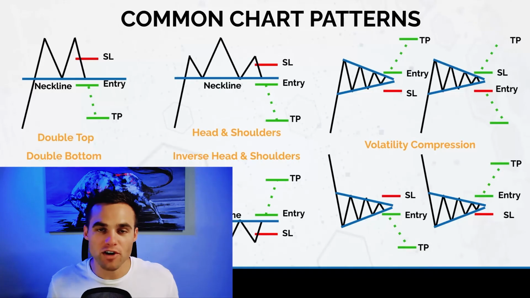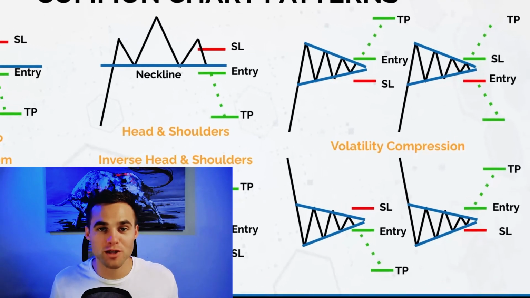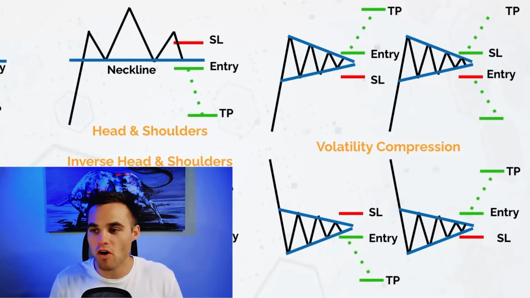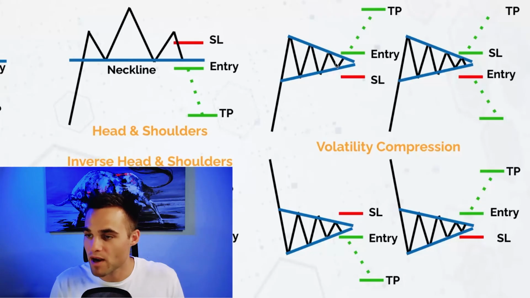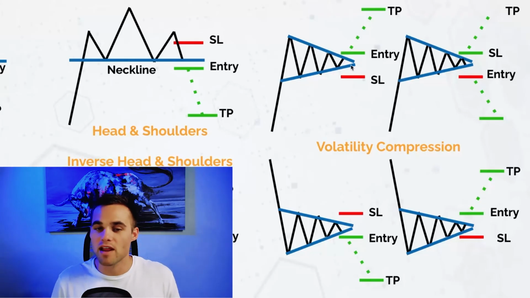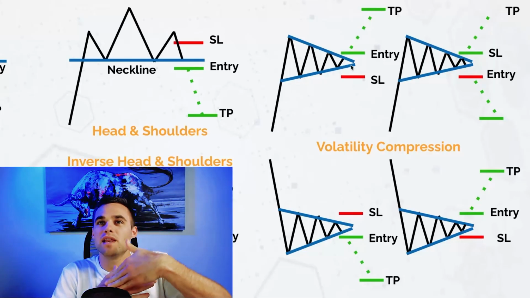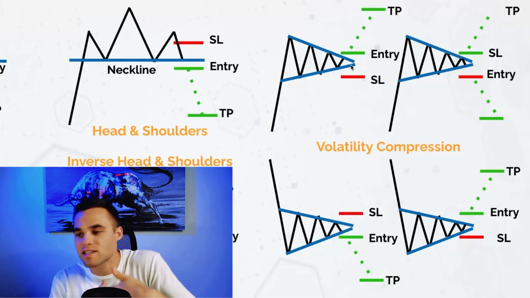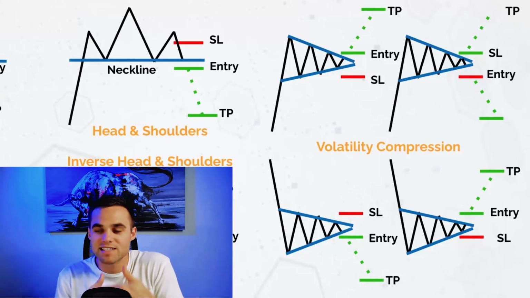Now, probably my favorite chart pattern is what's called a volatility compression pattern. Some people will call them triangles or wedges, but basically what is happening is price starts to get compressed into this compression pattern. So we can see here that price goes up, goes down, up, down, but every time it goes up and down here, it's getting tighter and tighter, meaning that price is compressing, meaning that people don't know which way the asset should move, up or down, and it's getting tighter and tighter.